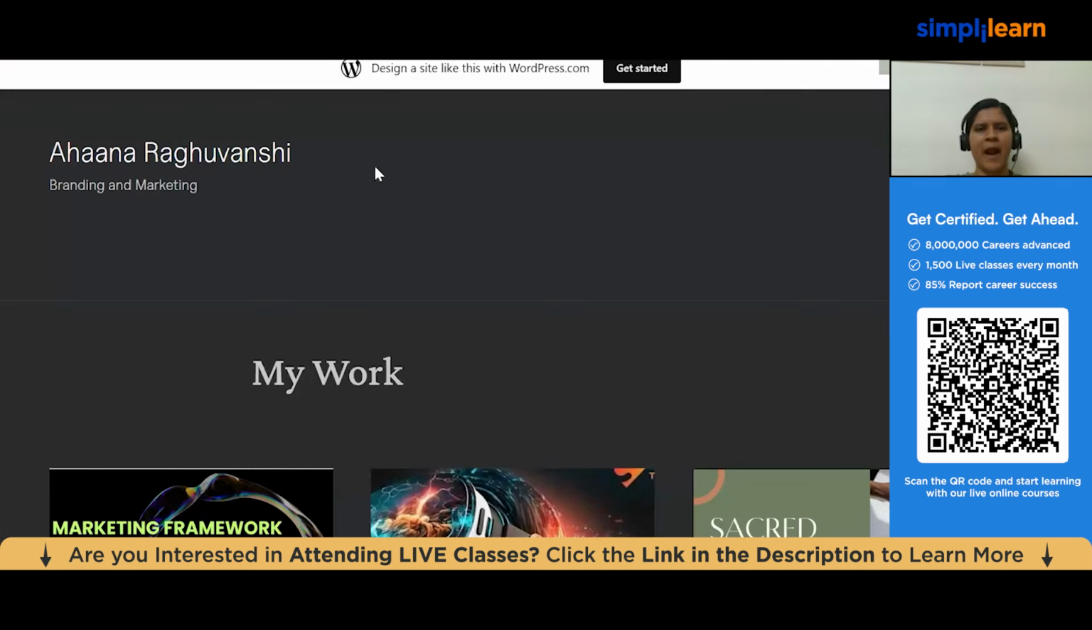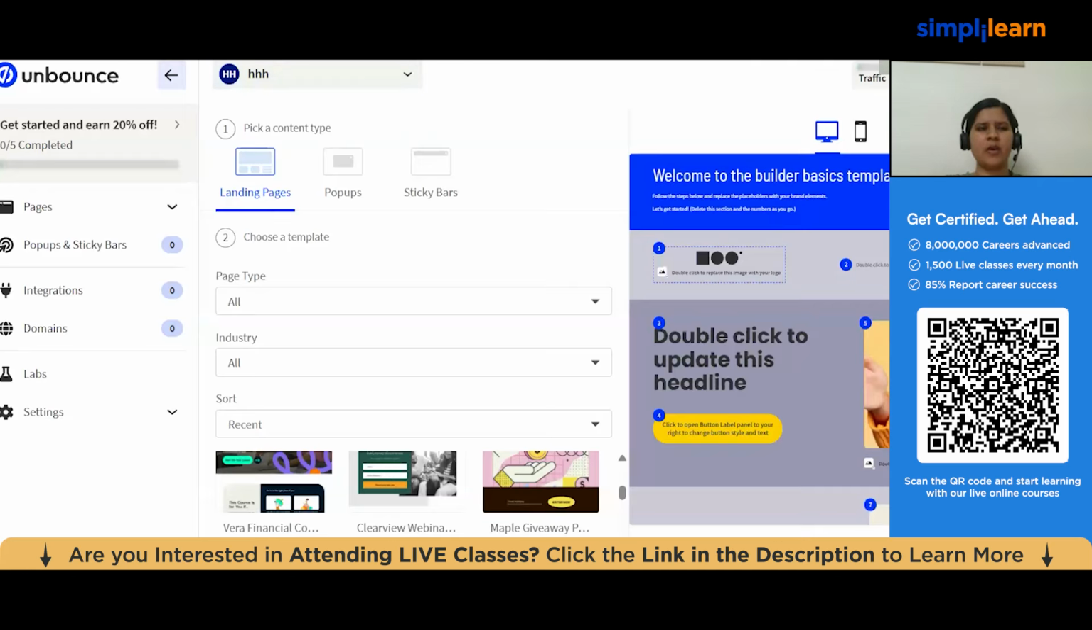So yes, and apart from WordPress, guys, you have this tool called Unbounce as well. Again, as I said, this is also not free. But see, nowadays to create a basic good website, you don't need to know coding, because there are many platforms like this that will give you a template. You just need to edit content in that template. Like for this one,